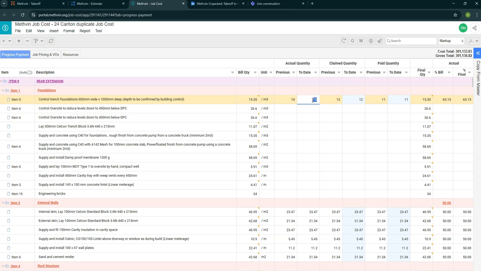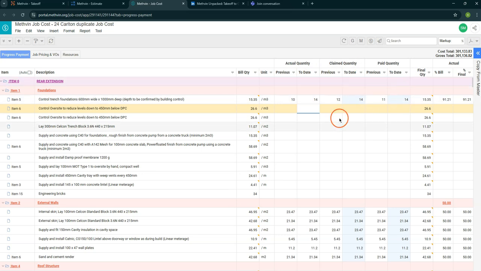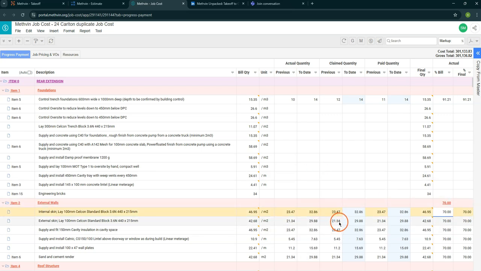Like up till now we have done 14. So that is just going to automatically update in all of them. And then you can say that instead of 50, I am done with 70% of all of this. Now,